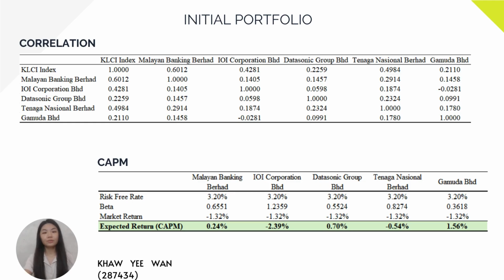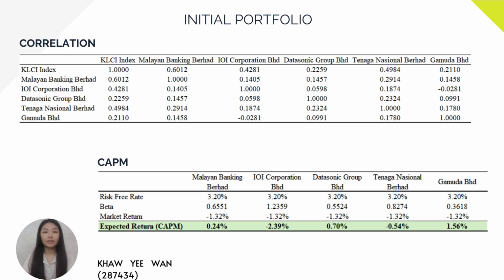Good day everyone. Today I will be presenting the results of our analysis on the initial portfolio, which covers the period from 2nd January 2024 to 24 June 2024. Our portfolio initially consists of 5 stocks: Malaysian Banking Berhad, IOI Corporation Berhad, Datasonic Group Berhad, Tenaga Nasional Berhad, and